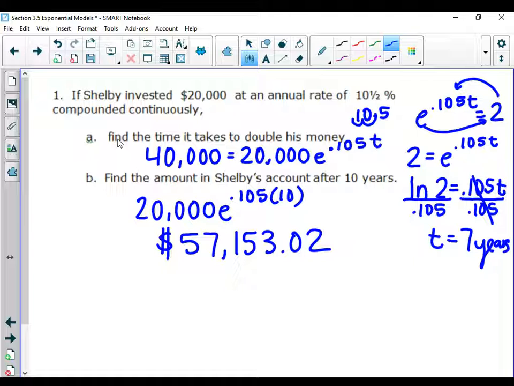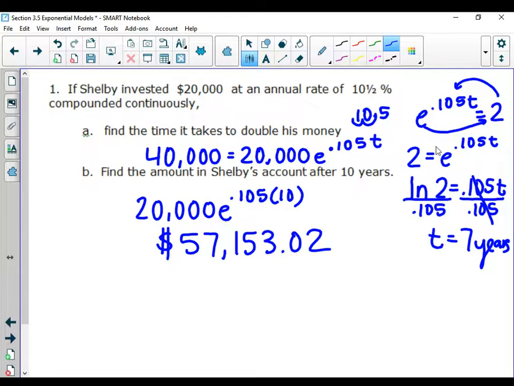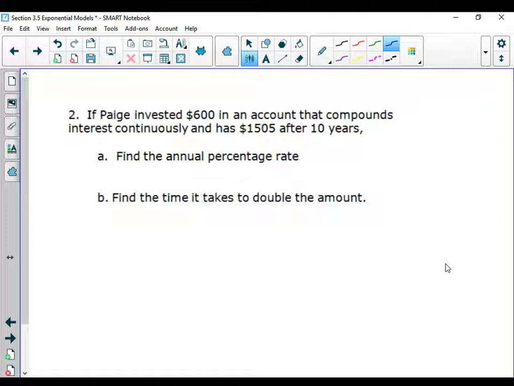They don't give you an initial amount, but they say it takes it to double. You can jump right over here to this. Whoops. I was trying to highlight. Right over to this step here where it says just set it equal to 2. All right, so